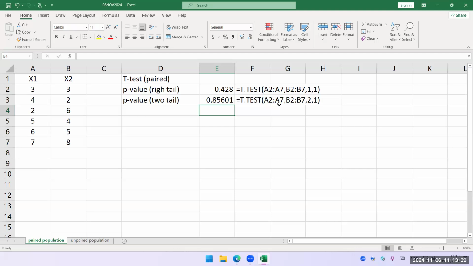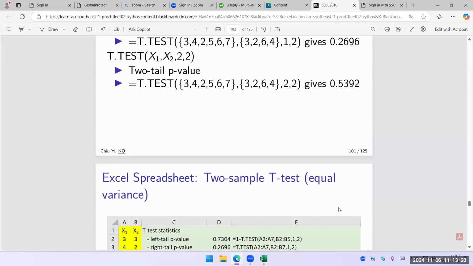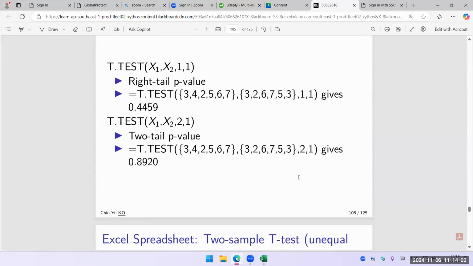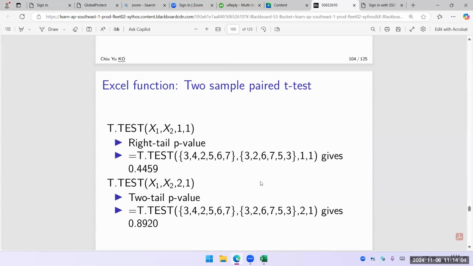How do we do this two sample test here? Okay, that is how quickly it can be done. Okay, and so we've done that here already. Two sample paired, the same thing. Okay,